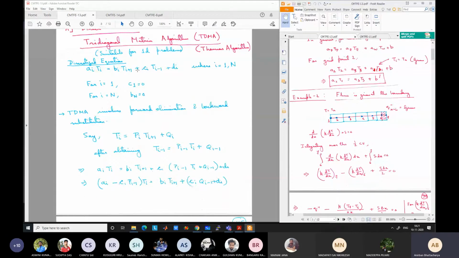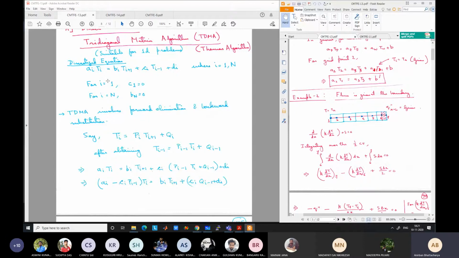So if this is the set of discretized equations, now the question is how to solve this for i is equal to 1 to n. So n equations are there, n unknowns are there. We can write them in matrix form, but then how to solve it efficiently? If you do matrix inversion using Gaussian elimination, it will take. Does anyone know how much time it takes, like in terms of number of iterations? What is the order of calculation? N cube. So n equations are there. It will take n cube amount of steps.